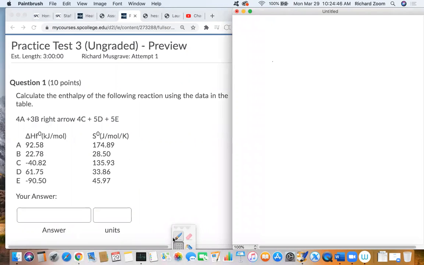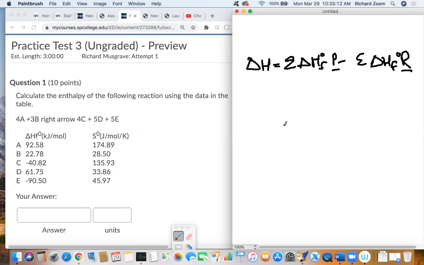Now, the delta H is where you use that formula you were talking about earlier. Coden, I think, was asking about that. It's the sum of the heats of formation of the products minus the sum of the heats of formation of the reactants. So it's products minus reactants to get the delta H, which is the enthalpy. This is actually not that difficult. I'll write it all out. Delta H is going to equal